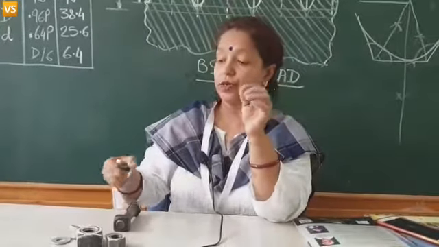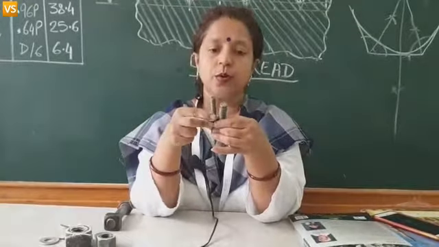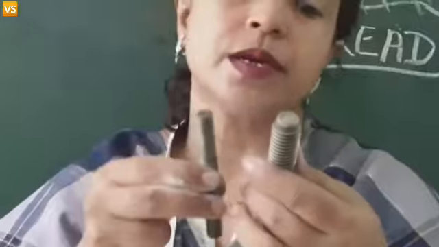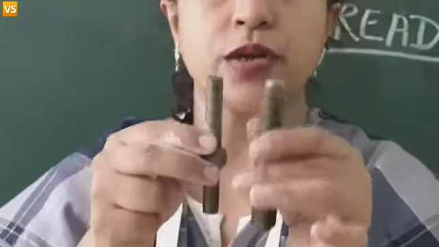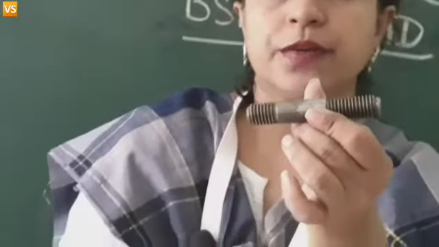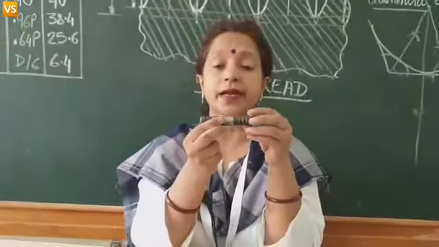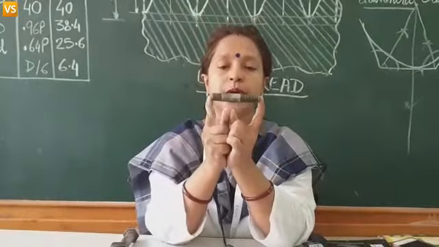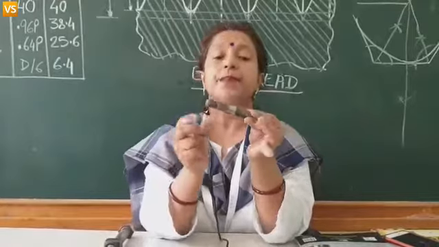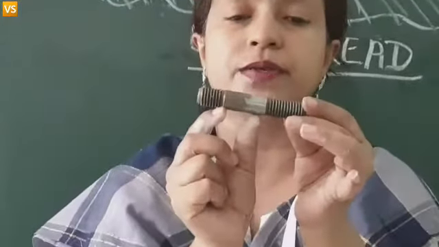Then we are going to study one more chapter, and that will be on studs. So, in our syllabus we are going to study 3 types of studs, but here I have models of 2 types of studs and I am showing them to you. The difference between the stud and bolt is that stud is a headless bolt. You can see there is no head on any of the ends, both the ends are threaded, and this plain part is called the neck of the stud.